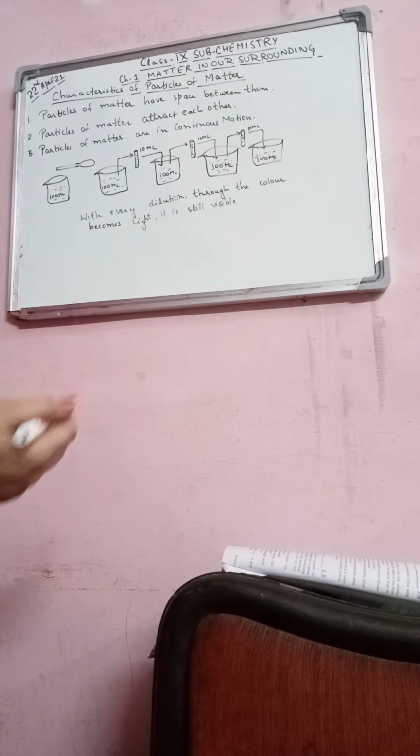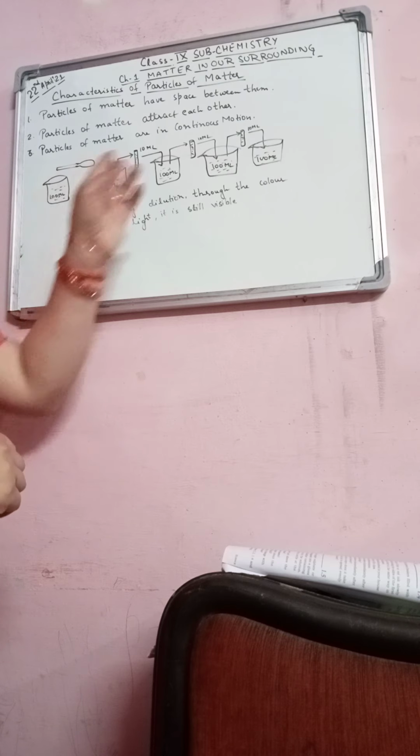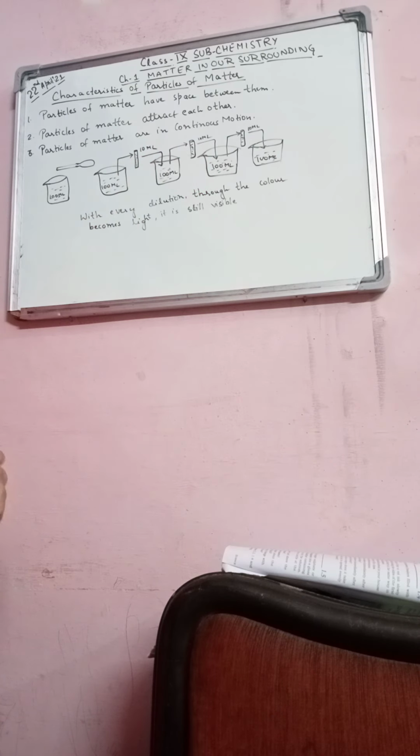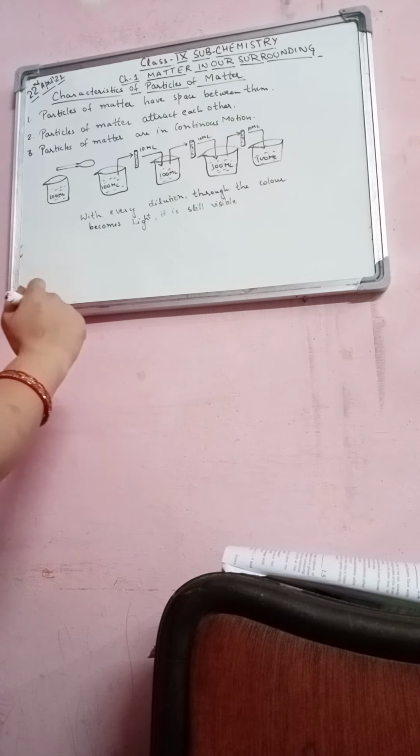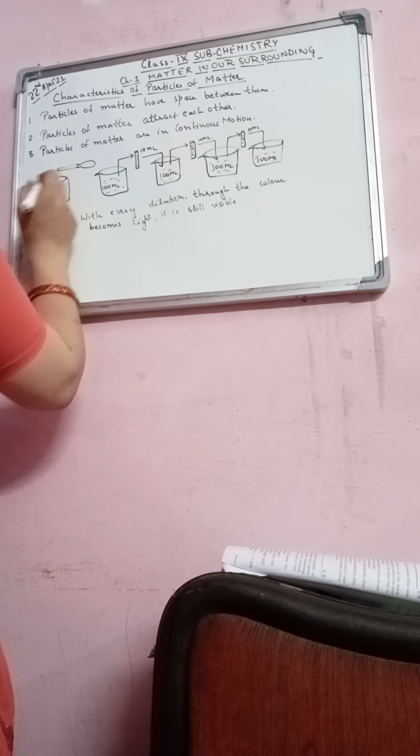Now the next topic is about the characteristics of particles of matter, right? In the previous lecture I explained the first activity, that is how small are the particles. Particles are very small. One activity is given in your book, page number 2, and I have made that diagram here. You have to also make it in your copy. Now look here. Take a beaker and add 100 ml of water.